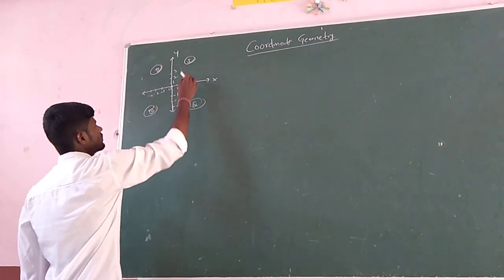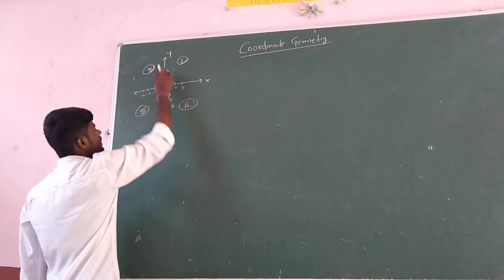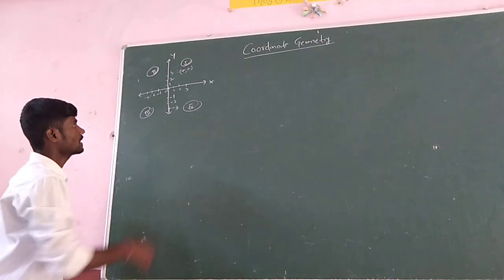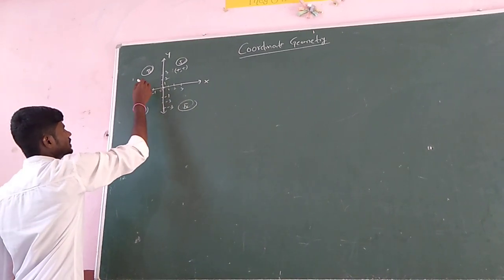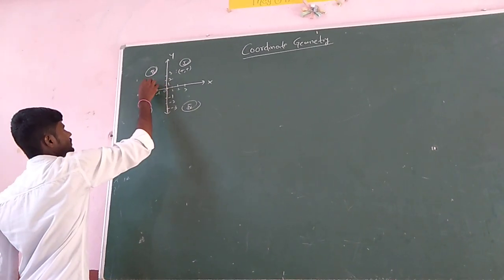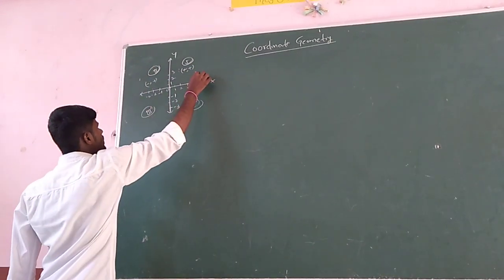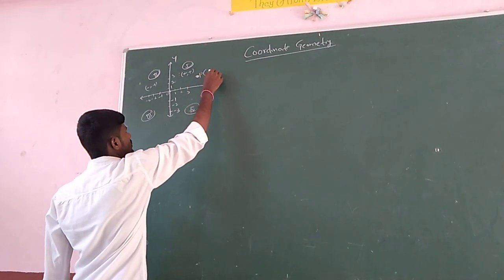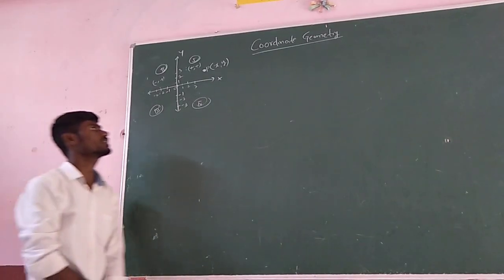In these four quadrants, in the first quadrant the x axis value is positive and the y axis value is also positive. The point is denoted with plus. Next, in the second quadrant, x is negative, minus, but y is positive. Why are we taking it in this form? In a Cartesian plane, we can denote a point, suppose a point P, in the form of x coordinate value and y coordinate value. That is the denotation of the point.